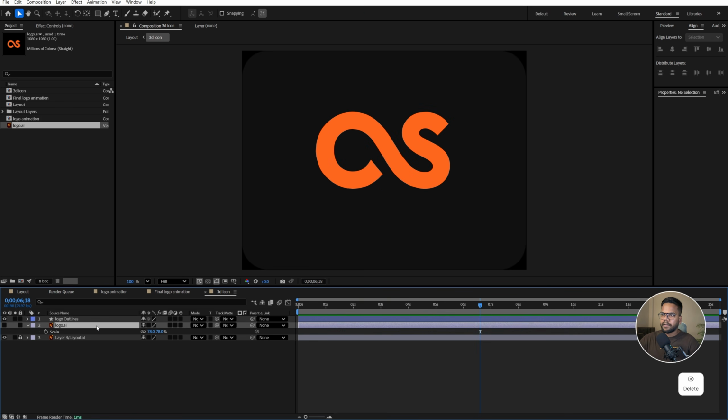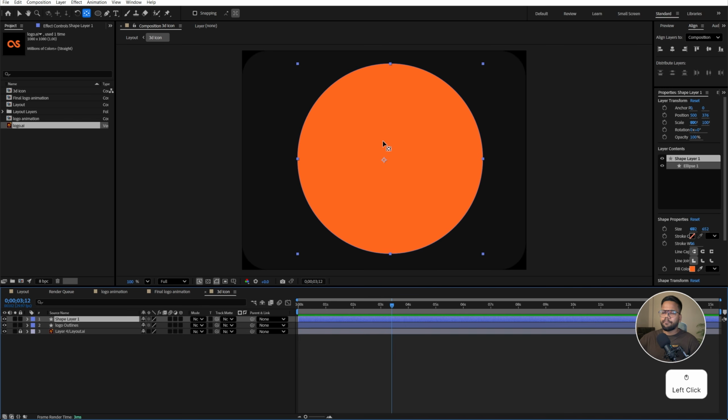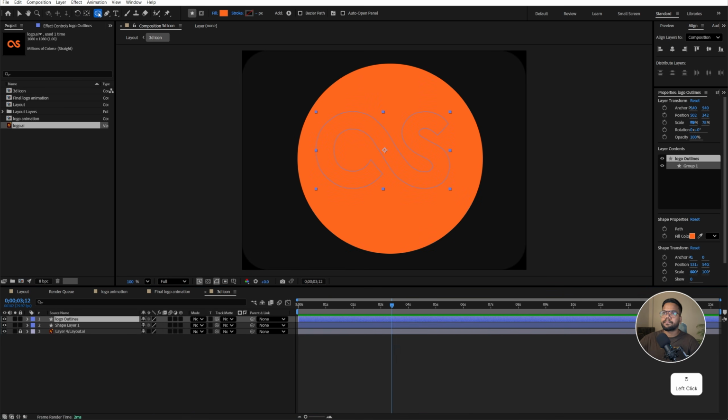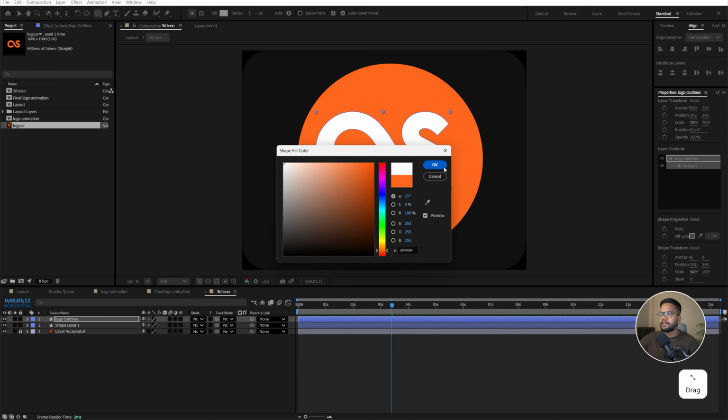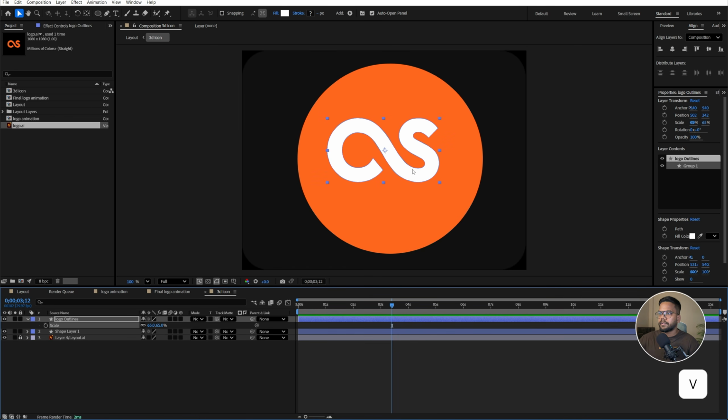this logo AI file. Now draw the circle behind this logo, so select this and press Q to select the ellipse tool and draw the circle and we have to move this anchor point in the center, so hold Ctrl and double click onto this pan behind tool to make this anchor point in the center and move this layer under this outline and change this logo color to white. So make this white, arrange the size, press S and decrease the scale size of this and move it in